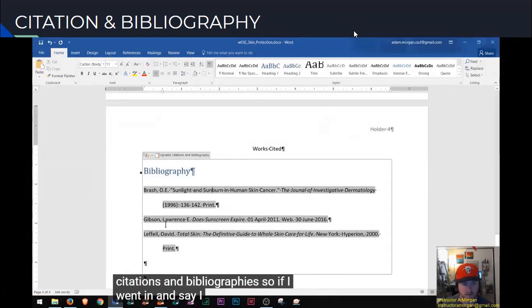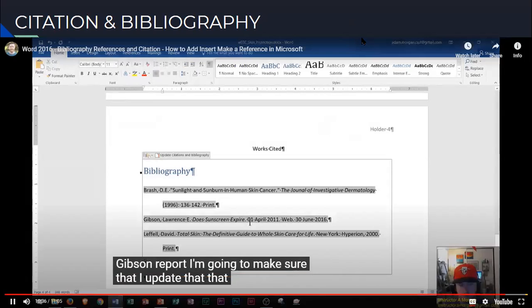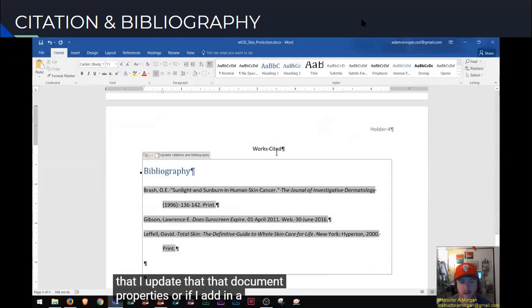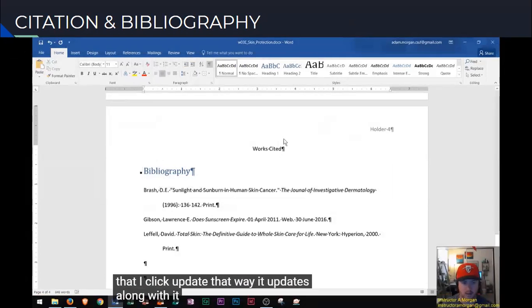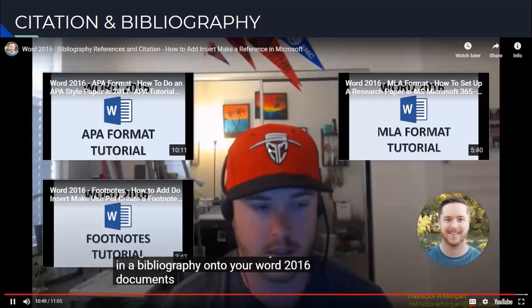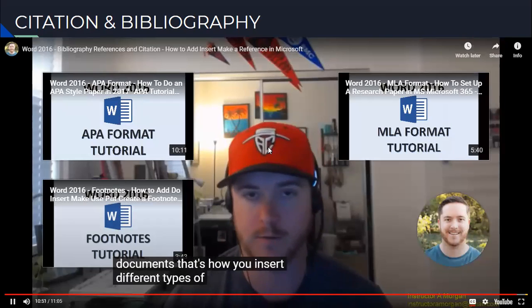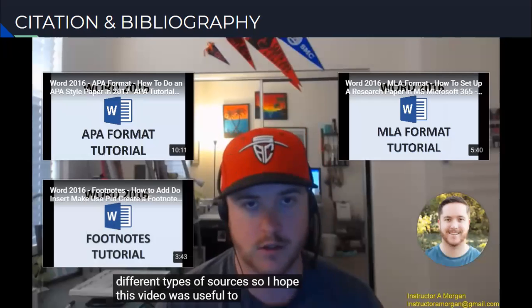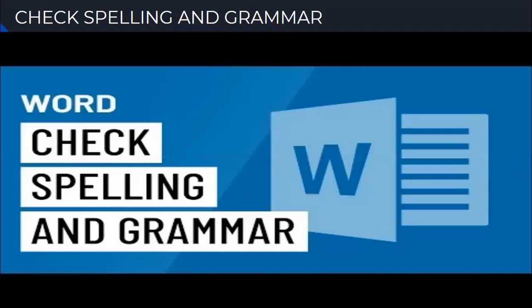So if I went in and say I changed the Lawrence Gibson report, I'm going to make sure that I update that document properties, or if I add in a new source that I click update, that way it updates along with it. So that's how you enter in a bibliography onto your Word 2016 documents. That's how you insert different types of sources. So I hope this video was useful to you. If you have any questions,